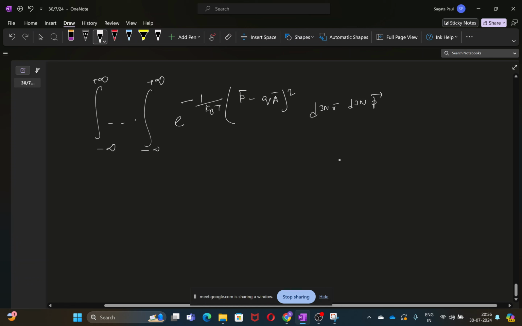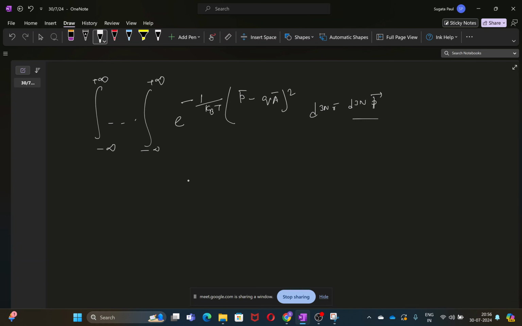Now you see that in the integral there is d^3 p, or dp vector, but in the actual integrand it is p minus qA. So the shift in the momentum can be easily adjusted because the integral limit is from minus infinity to plus infinity. So the shift can be adjusted very smoothly,